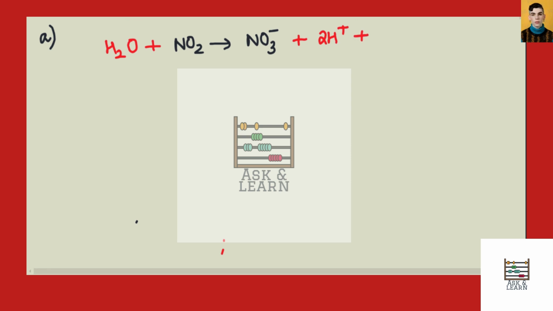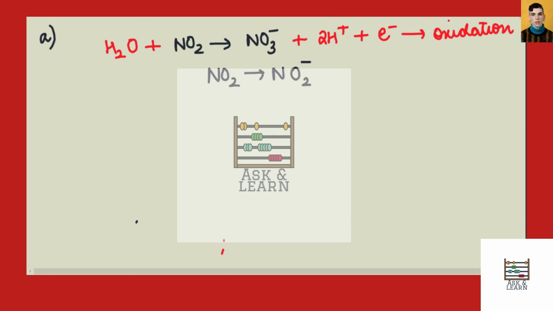So on the left hand side we have zero charge, and on the right hand side we have one positive charge, so we will add one electron here. So this is an oxidation reaction since we end up losing the electrons. Okay, and for the next half of the reaction, which says that NO2